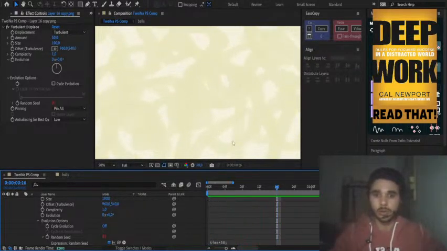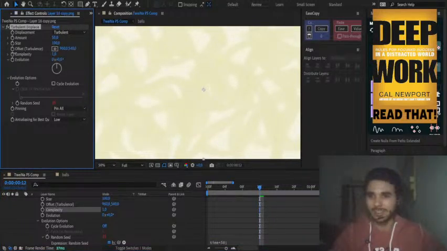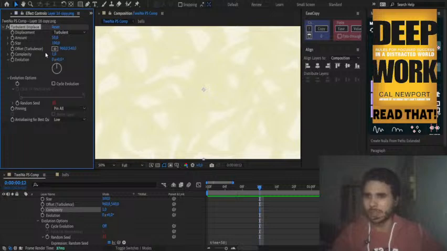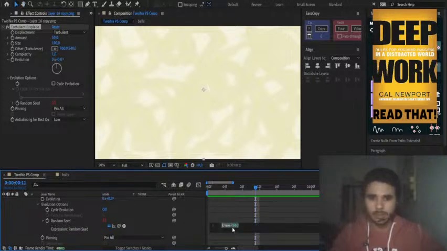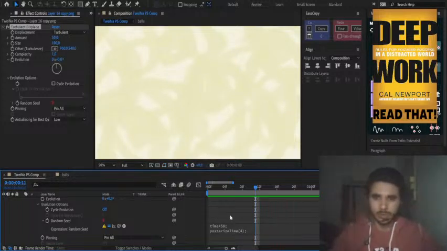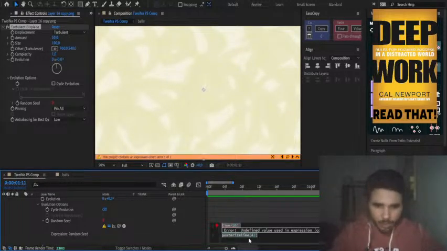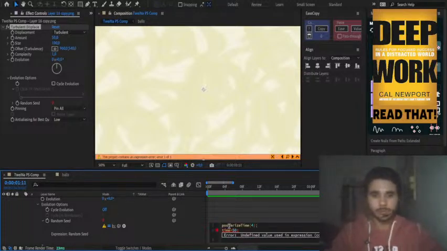Let's see what that does. Oh my god, that actually doesn't feel bad. Wait, let me reduce. It's not complexity. It's, wait, speed. Is there speed to it? Because it feels very fast right now. Or we can just posterize time. Posterize time. 4 frames. I don't know what that stands for. I think it's 4 frames. No. Undefined value used. And oh, I think this should be above this one.